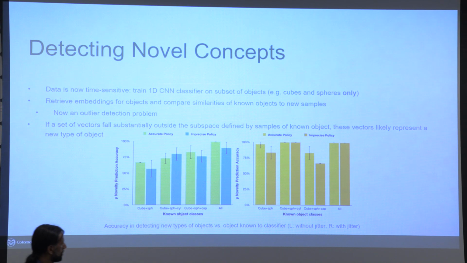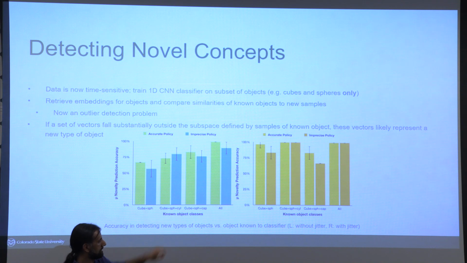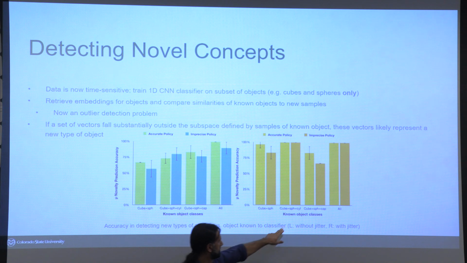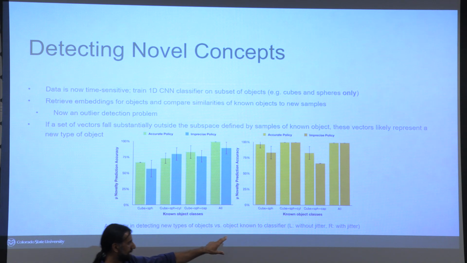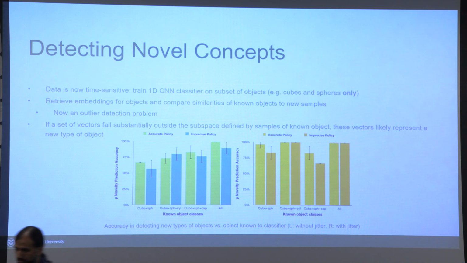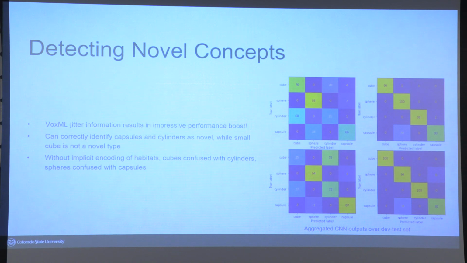Interestingly also, the order in which you're training the model matters, in that if I have cube and sphere and capsule, we see lower performance in that it's much harder to identify that cylinder is new, largely because the capsule has a great diversity in behavior, and so that's taking up more, quote, space in the latent space. And so it's harder to optimize a decision boundary between, say, what is a capsule and what is a sphere. So we see that adding that information that is implicitly encoding the habitats and affordances results in a fairly impressive